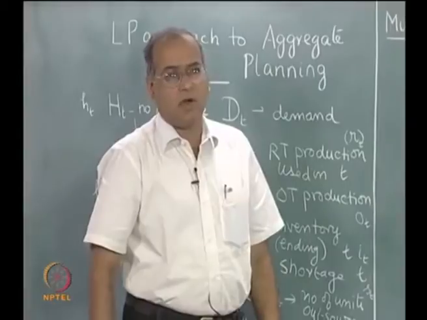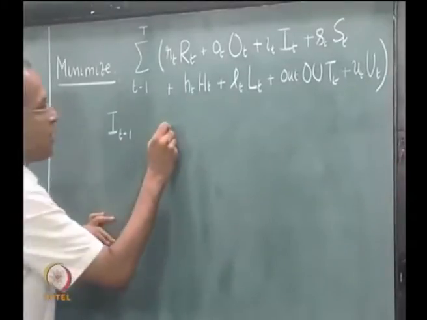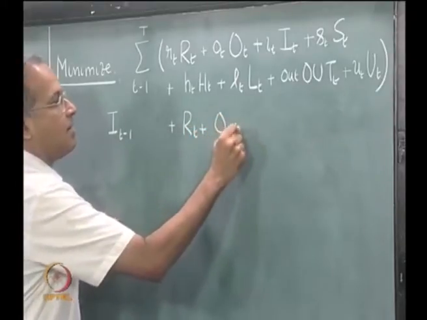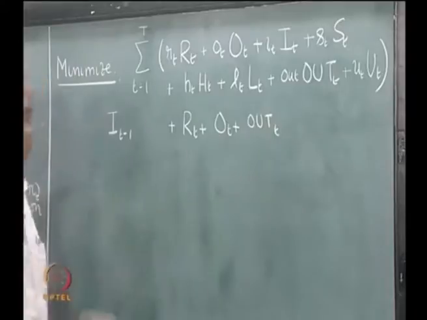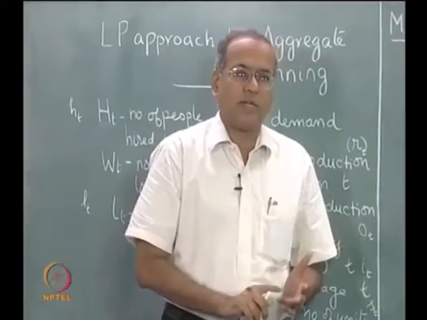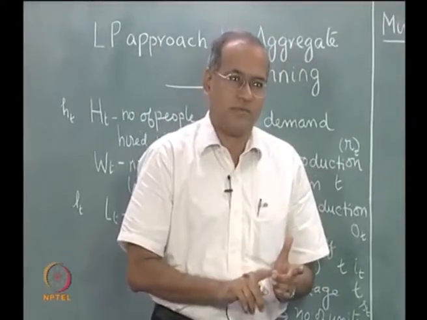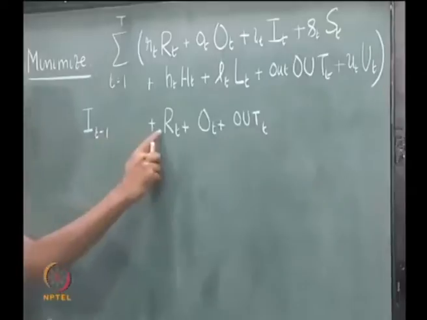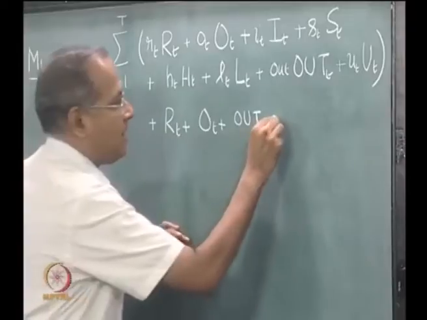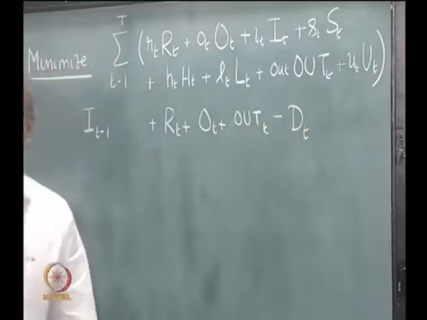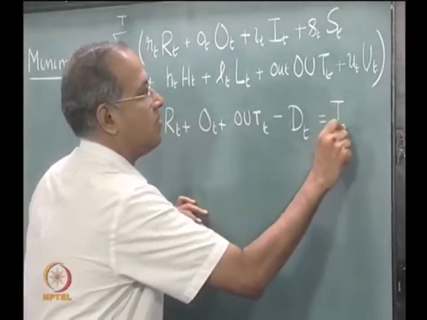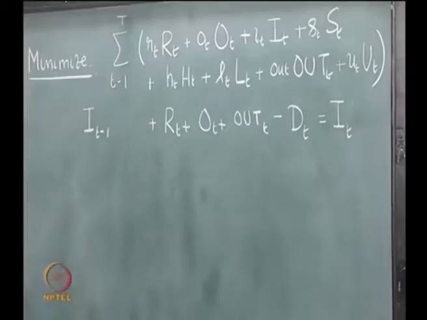The productions come in 3 forms: regular time production RT, overtime production OT, and outsourced production out of T. So, these 3 represent the production. Beginning inventory plus production less demand dt should be equal to the ending inventory, so should be equal to IT. So, this is the typical balance equation,